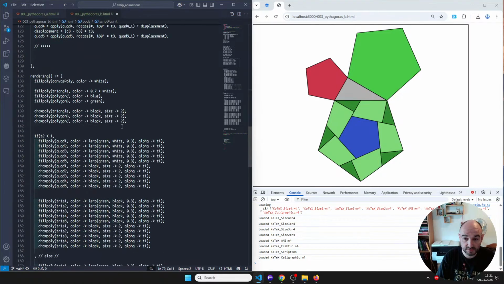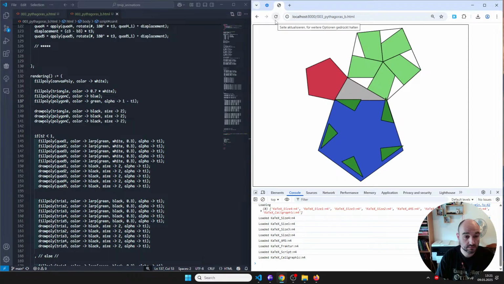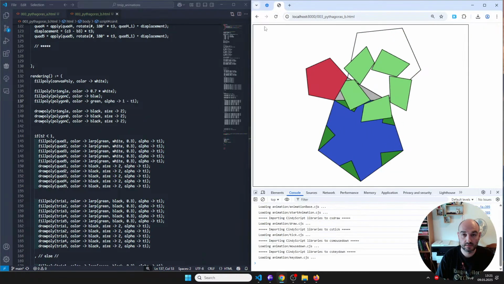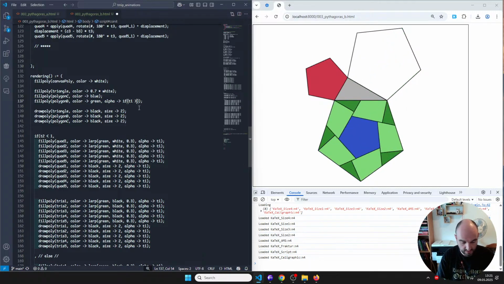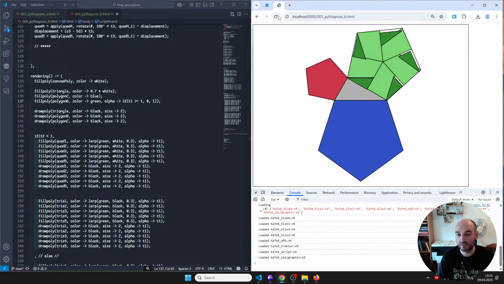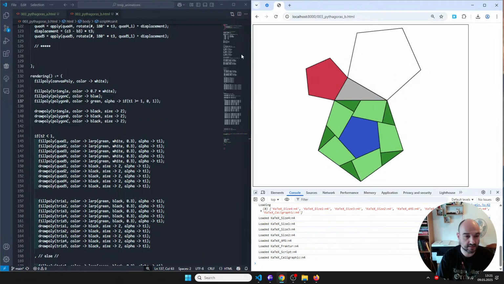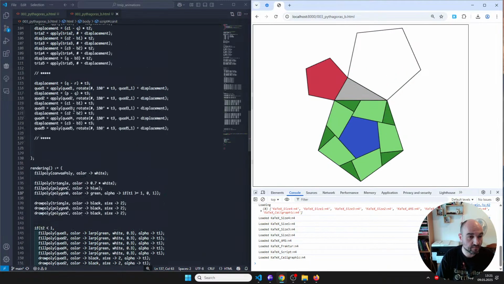So first of all, I think I will fade that out. Alpha 1 minus T1, then it is gone. Oh, what is going on? Oh, right. So let's make it if T1 reached the end, make it 0 otherwise. So it just will disappear at the end and then it is gone. That makes more sense. And here again we want to move